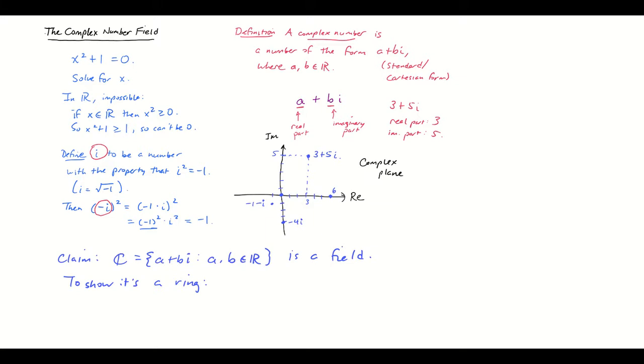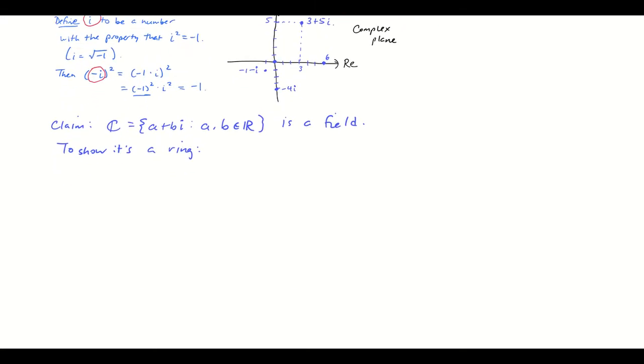So first, let's show it's a ring. So before I can start proving that the complex numbers have any kind of ring structure, ring, field, or whatever, I need to define operations on complex numbers. So let's define